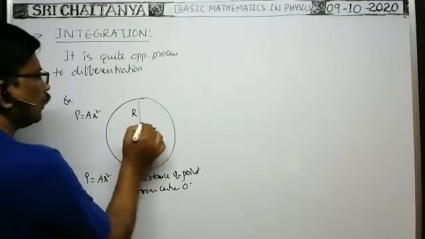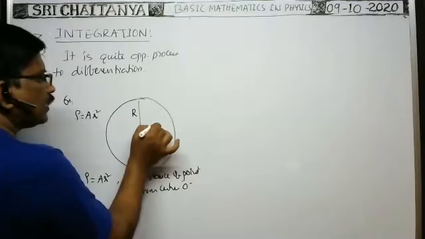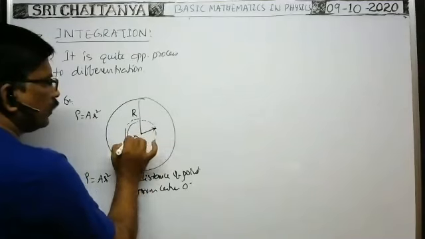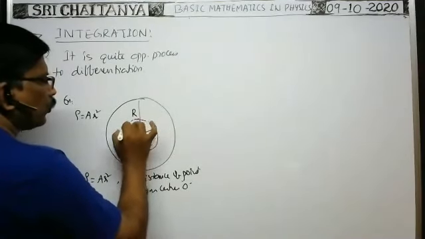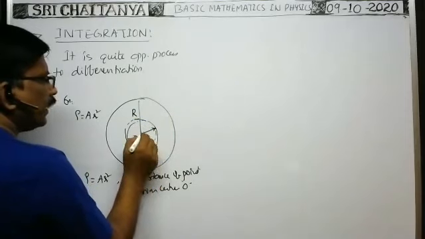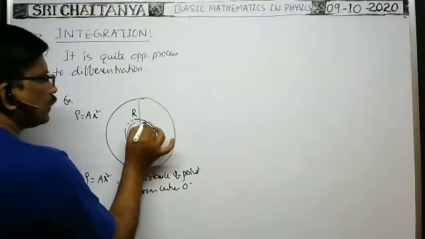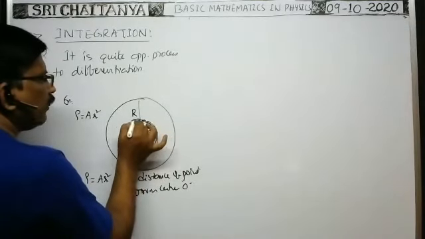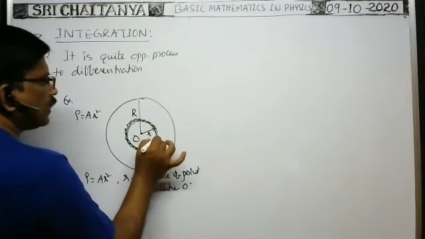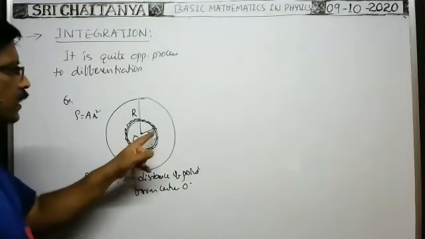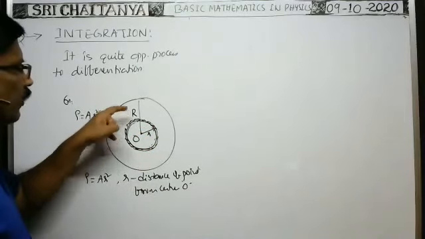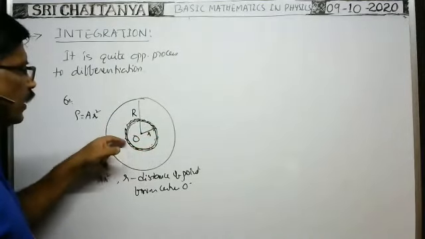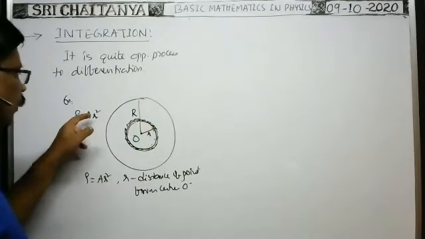Okay. So from the center, in all directions, if you imagine the sphere, then you imagine a small sphere. Then at these points on the sphere, the density remains the same. So by taking small r as the radius, you imagine a spherical element, a spherical shell. Each and every point on the spherical shell is at the same distance small r from the center. That's why, as each and every point on the spherical shell is at the same distance from the center, the density of the spherical shell is the same. That is equal to A into r square.